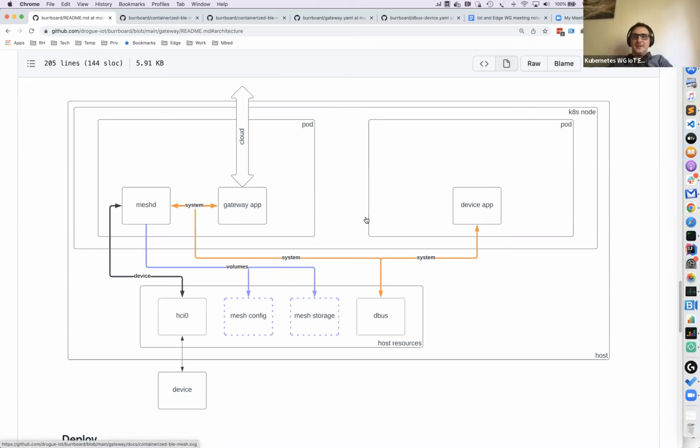But I think, just to finish on this device app, what will also be useful at some point is to have something like this to be able to do scale testing, because it's much easier to run 100 pods and test if your gateway and your edge architecture can support all that traffic, instead of needing to flash and boot 100 physical devices and try to run everything that way.